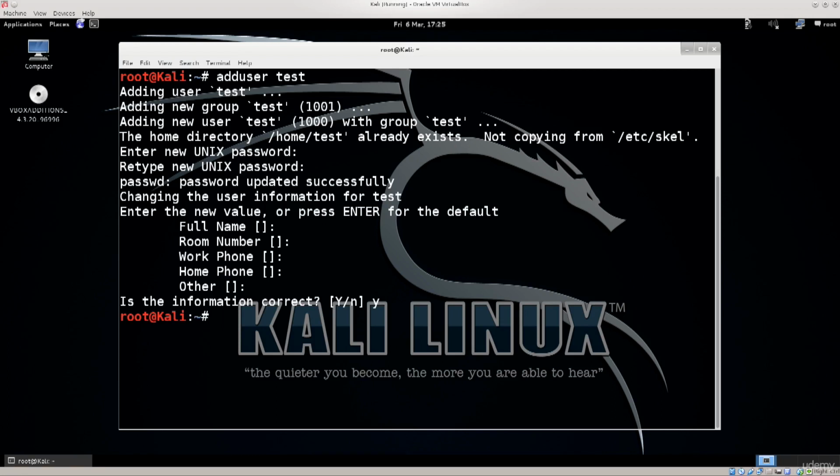We have just effectively created our new user test, to which we need to log in, and then from there conduct our work. Now, a key thing to note here is that even though there is a way of configuring the Tor browser to run as root, it's not simple, but there is a way. Do not do that. I mean, do not. Primarily, it's not even a good idea to browse the internet as a root user. If you pick up any sort of viruses, any sort of malicious code, it's going to run as root. So you don't want that on your system. You do not want to compromise it in such a way.